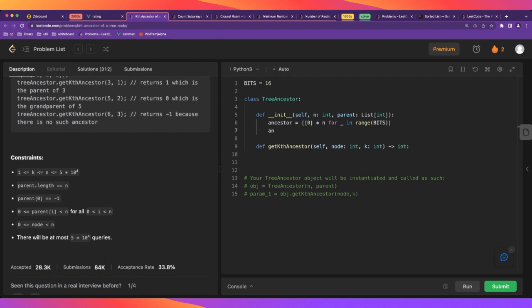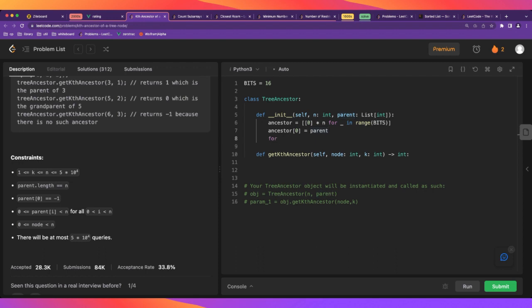And notice that when k is 1, so when the exponent is 0, the ancestor is going to be the same as the parent. So I think we can do this, and then we want to go, so let's call this,